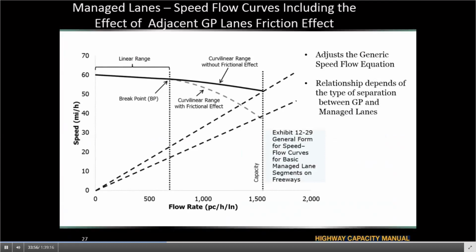Talking about the higher range of flow rate, in the curvilinear range, we do see 2 different curves, one of them being a solid line and one of them being a dashed line.